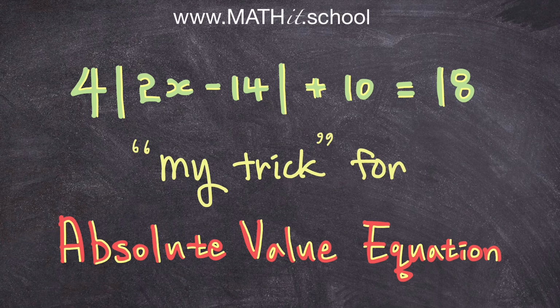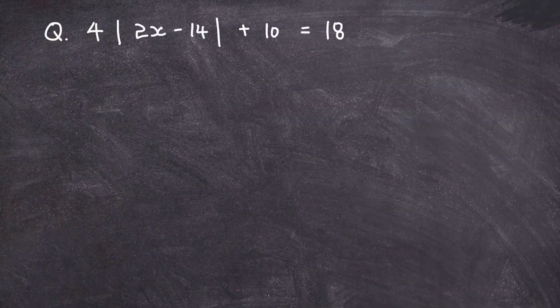In today's video, I'm going to solve for x in this absolute value equation where I have absolute value wrapped around this unknown variable of x. And I'm going to show you my little trick for solving this really easy. So let's get started. Okay, I have 4 times absolute value of 2x minus 14 plus 10 is equal to